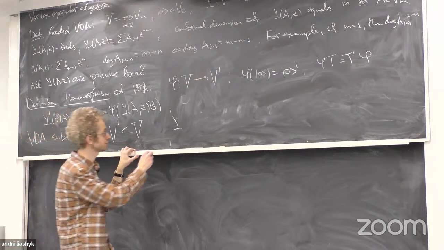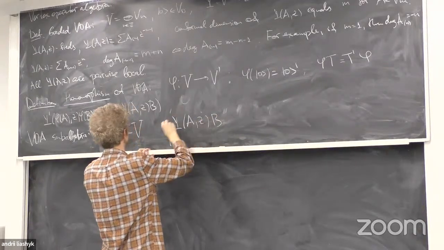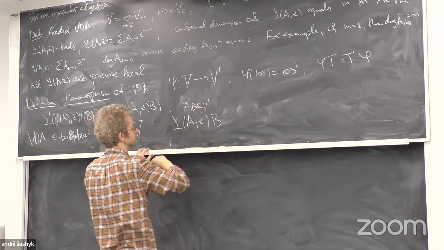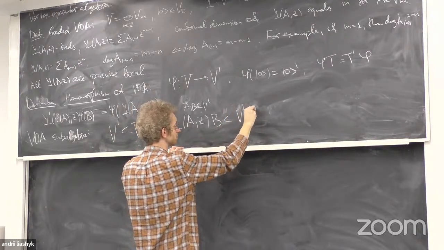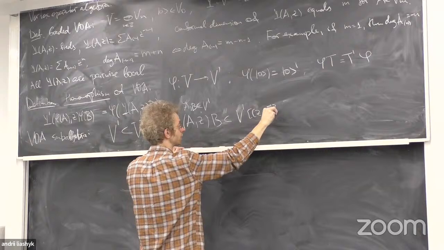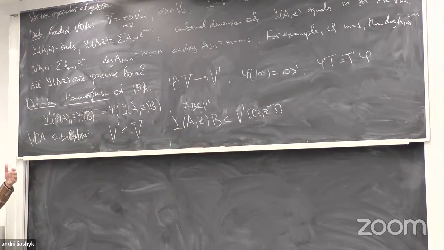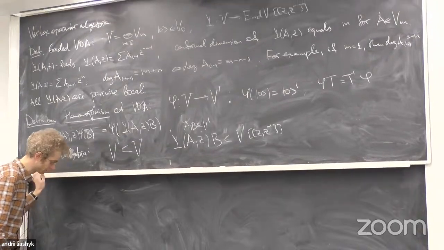So actually, the only condition is that if we take two vectors A and B from V prime, then Y of A, z, B sits in V prime of z, right? The condition is that the iteration does not somehow leave the space V prime, right? So it's related. And maybe the last general thing to say